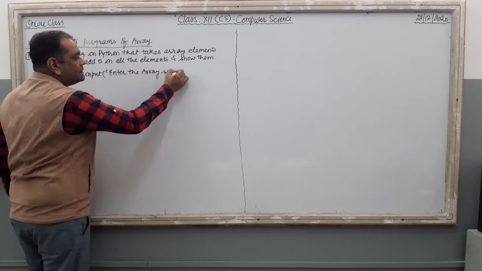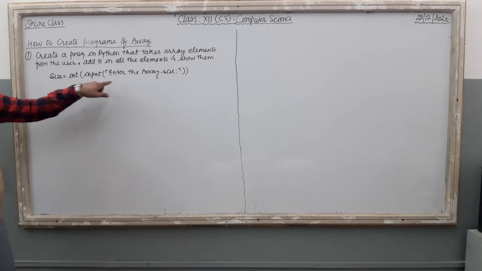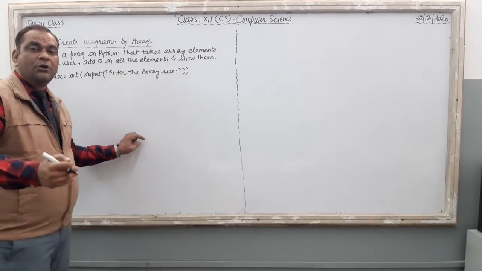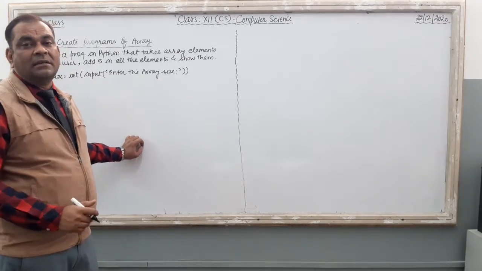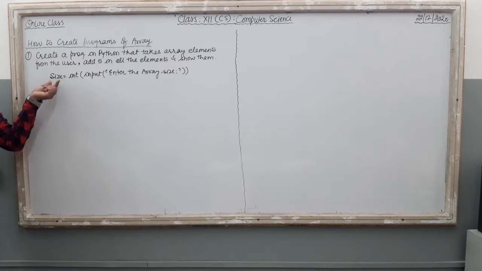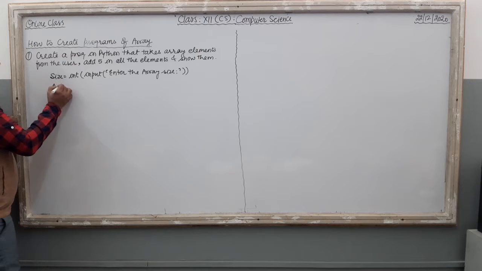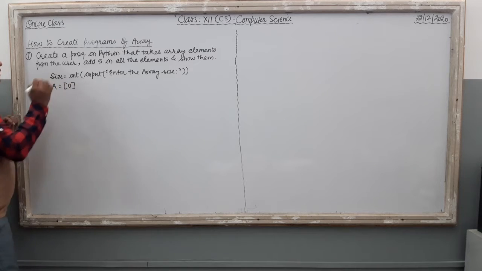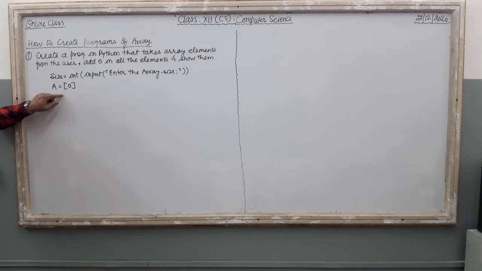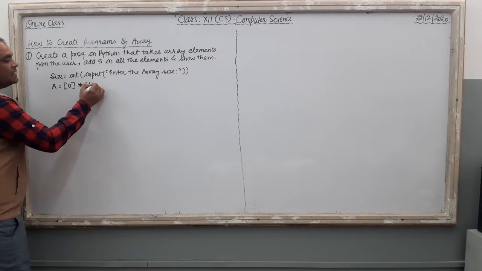This message is shown on the monitor in front of the user, and the user is going to say whether he is going to add 5 data elements in the array, or 10 data elements, or 12 data elements. So the size is stored in the size variable. Now your second step is to create the array with a default value like this. a is our array variable, a equal to 0, and then multiply it by the size variable.